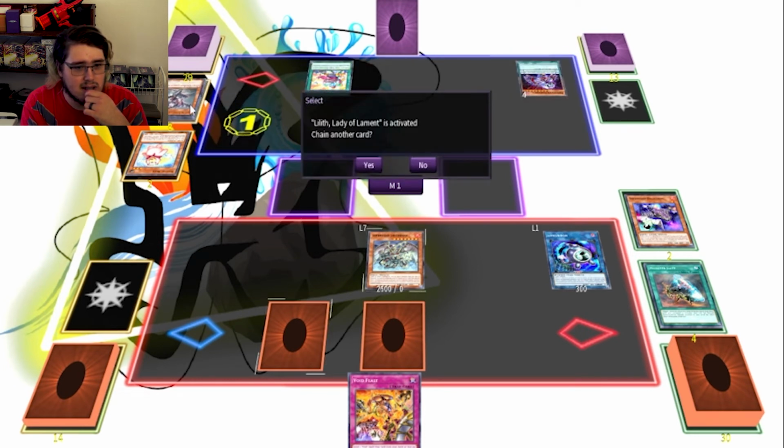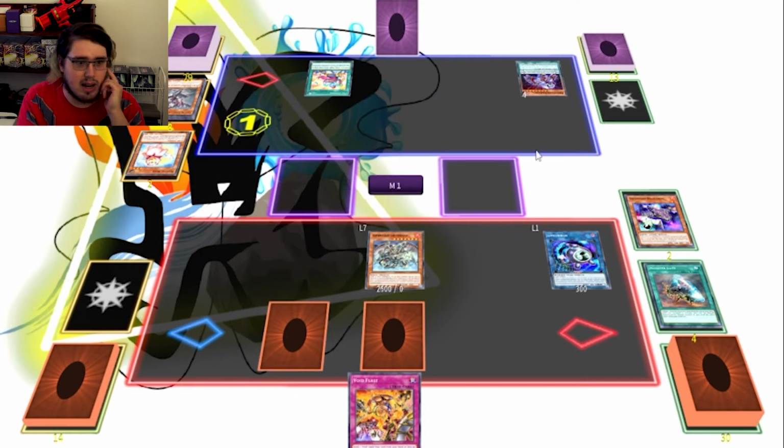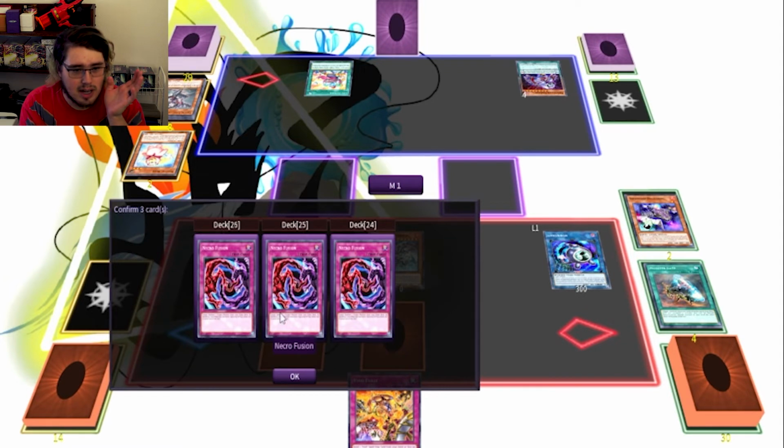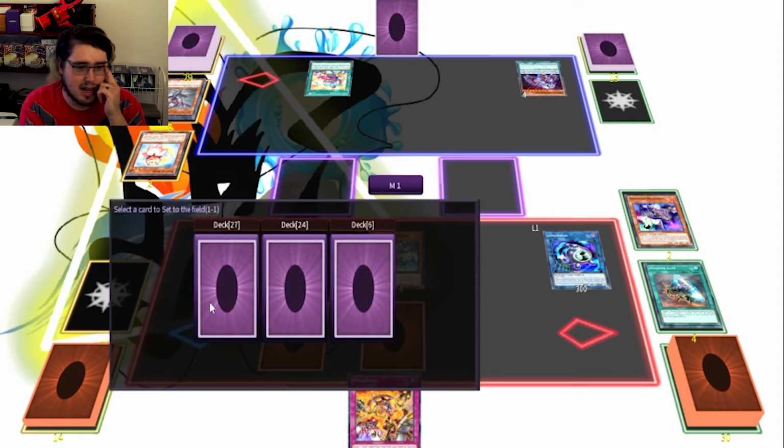What did he just activate? Oh, just Lilith. Okay, that's fine. Yeah, we don't have anything to really interact with that, so it's okay. Alright, so I probably could activate Void Feast at any point in time. Oh boy. Just because that will get us a